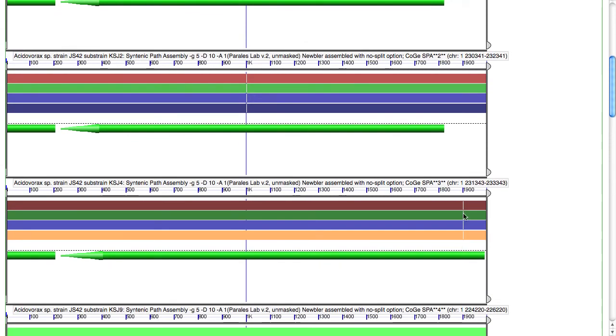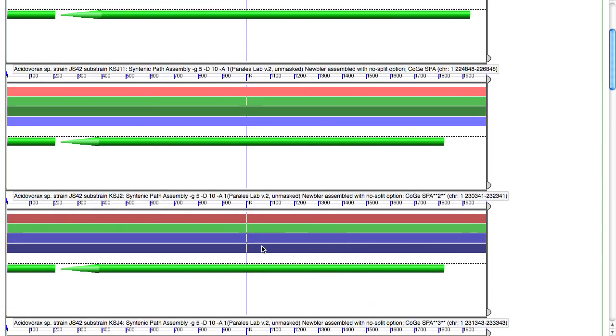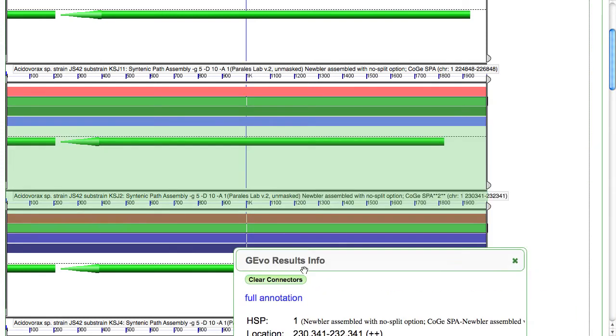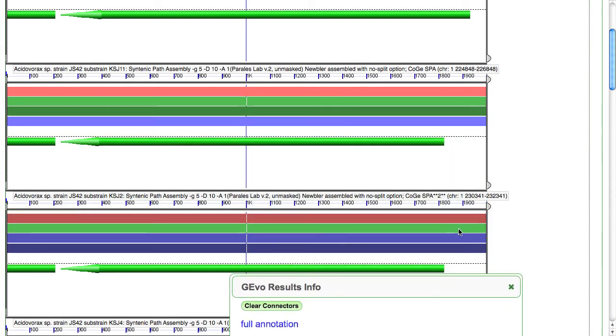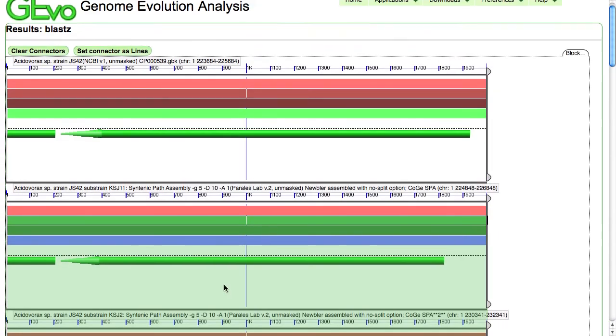And I see that I have a second polymorphism in one of the other strains further away. And so I still don't see anything strange about the assembly or any other genomic feature, but I can click on these just to see if I get some maybe local regions of repeat sequences. But so far this polymorphism looks